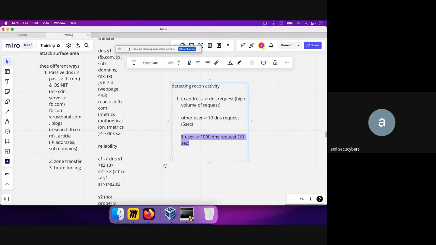requests. So this could turn out to be a false positive, maybe because the user is, let's say, from the networking team